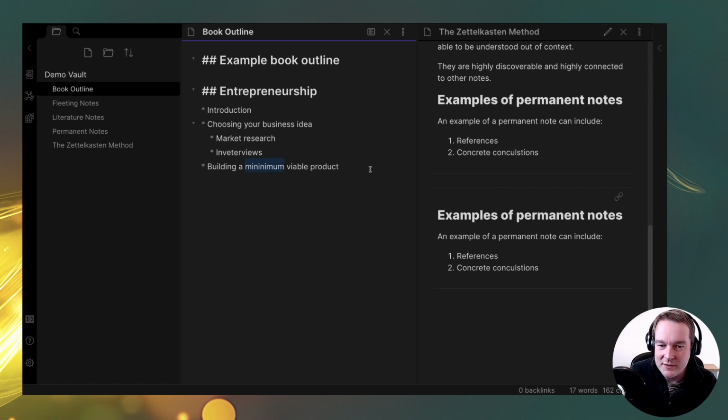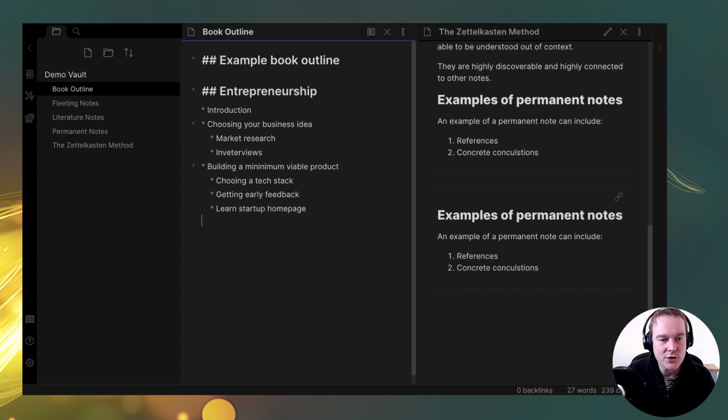I can't tell if I've spelled that correctly. Then you say choosing a tech stack. You might say getting early feedback, lean startup, homepage, something along these lines. So you might be creating an